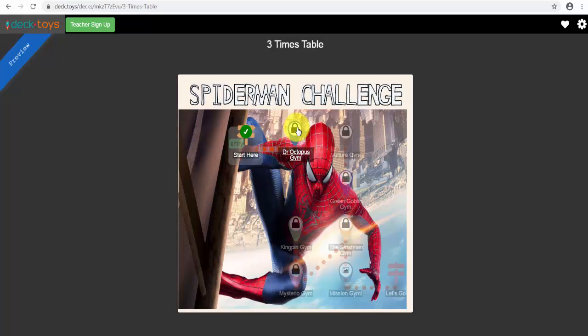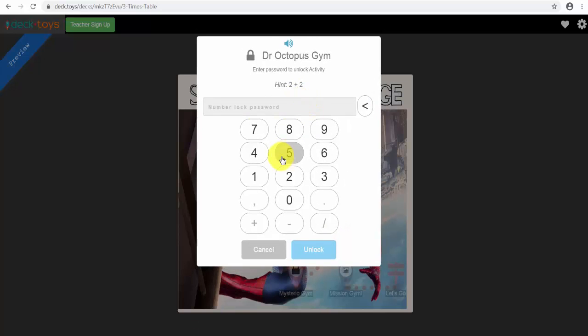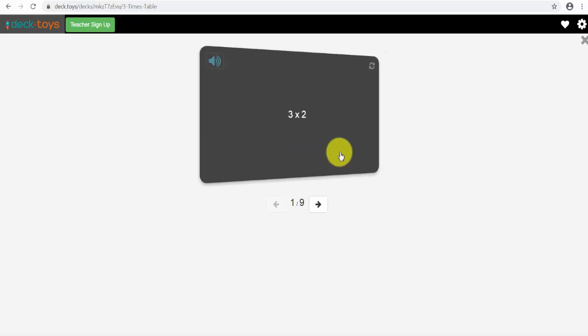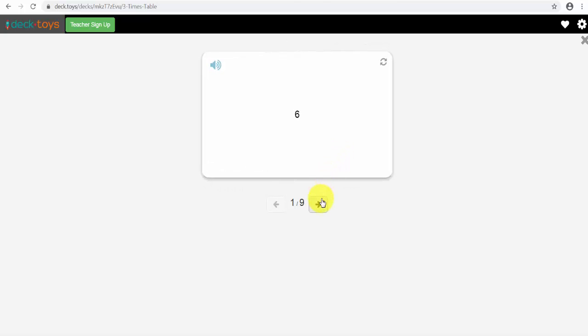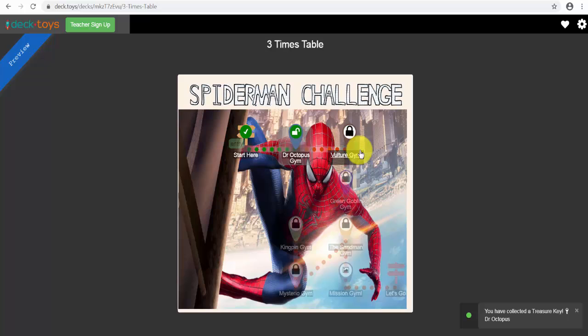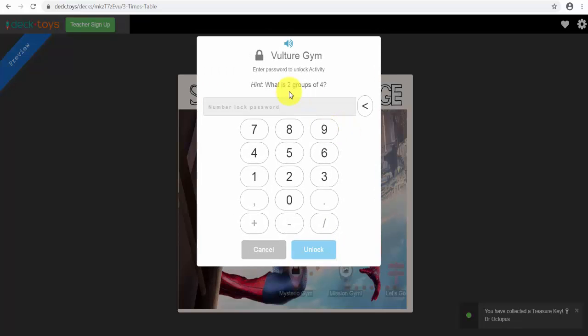Dr. Octopus Jim, click here. 2 plus 2 is, wait for it, 4. Continue. Okay, 2 times 3, if I click the flashcard, is 6. Now we already know all these answers, I hope. So I'm just going to go to the end, okay, and hit the X. Now when you're done with that one, we go to the next gym, and 2 groups of 4 is 8,